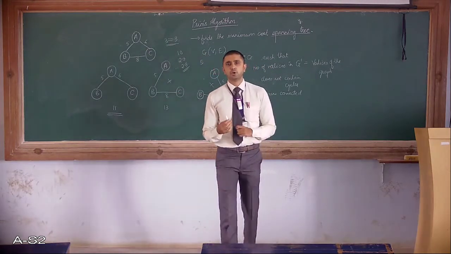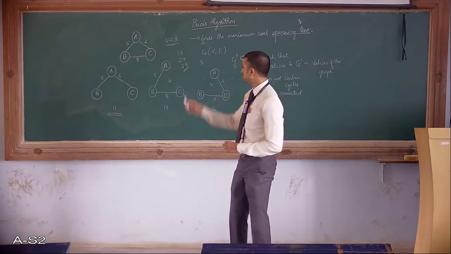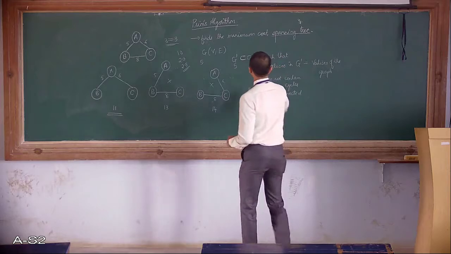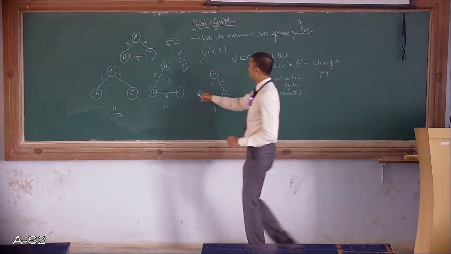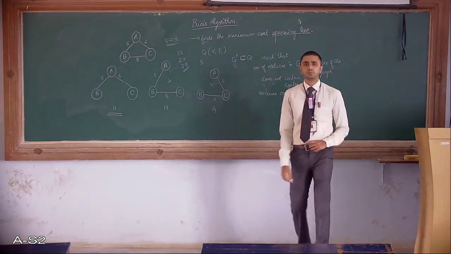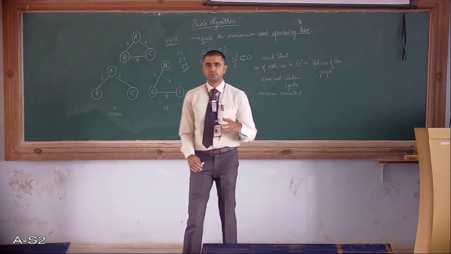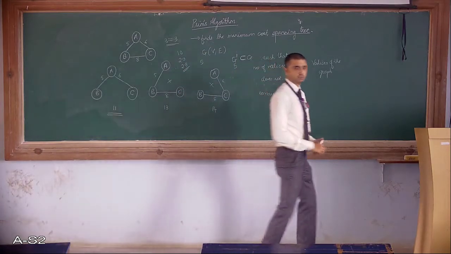We will be employing the greedy approach for solving this problem. The problem is, an undirected weighted graph is given. We need to find the minimum cost spanning tree. We have understood what is meant by a spanning tree. We have also seen how to calculate its minimum cost. So I'll take another example with a graph, and we'll see how to solve this problem using Prim's algorithm.